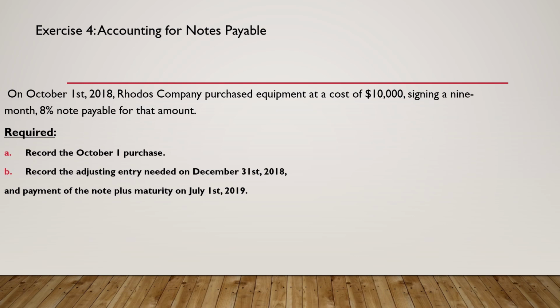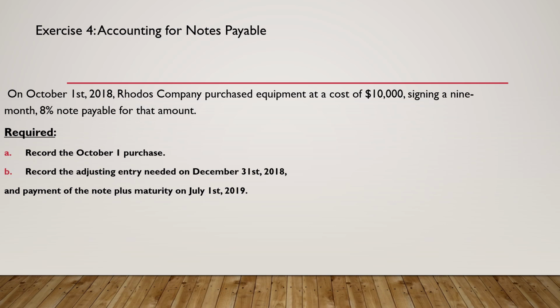Okay. Let's solve another exercise on the notes payable. October 1st, 2018, Woods Company purchased equipment at a cost of $10,000, signing a 9 months 8% note payable for that amount. Record